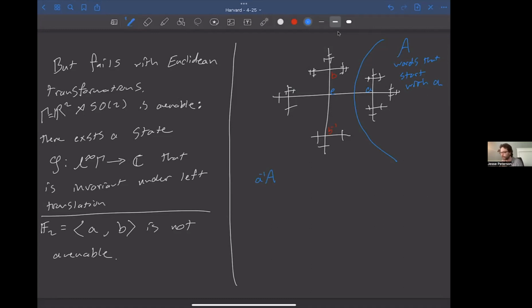And then with a moment's thought, you realize that this is nothing but this set right here, which is all words that don't start with A inverse. So this is just F2 take away the words that start with A inverse, and these are equal. All right, because any word that doesn't start with an A inverse, you can write it as something starting with an A and then multiply by A inverse to get to that. And so what this means is that if